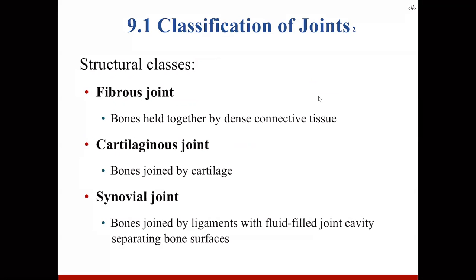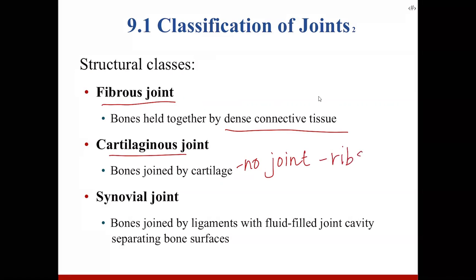three kinds. So one is fibrous joint. So the bones are held together by dense connective tissue. Okay, so it's collagen holding them together. There are cartilaginous joints, so there's no joint cavity with these. It's just bone hooked together with cartilage. So an example of this would be your ribs. Okay, an example of a fibrous joint is the skull